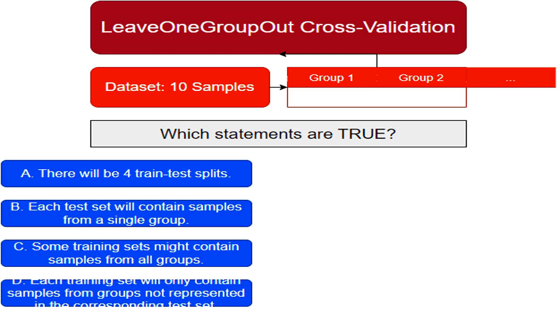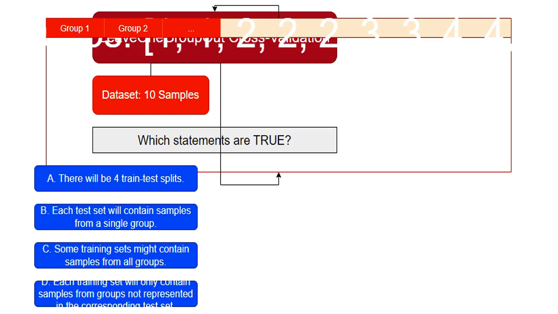I have 10 different samples of data, like images, sensor readings, or anything else I'm trying to analyze. Each sample is unique and I need to split it into training and testing groups to evaluate my model's performance reliably. My 10 samples are sorted into 4 groups. Notice that Group 2 has more samples than the others. This is important because